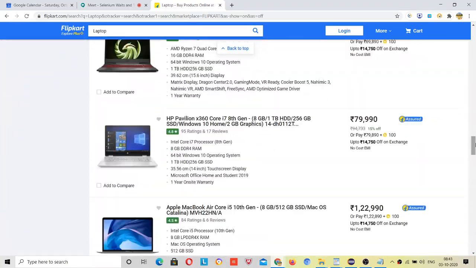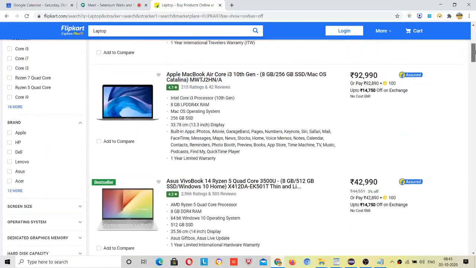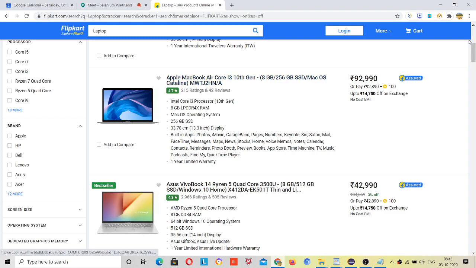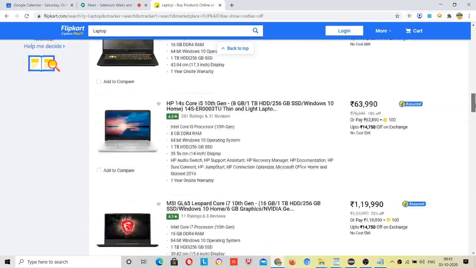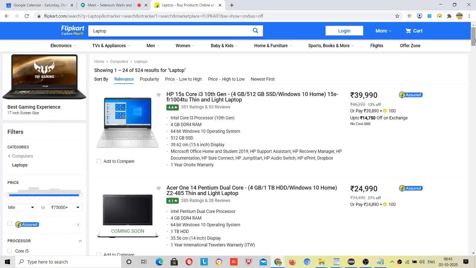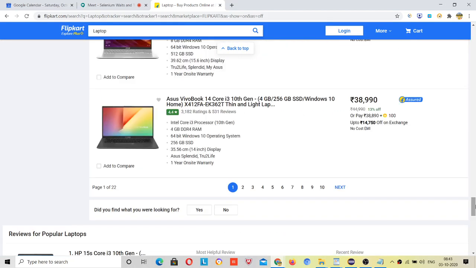I hope if you have practiced with calendars and HTML tables, then surely you will not face any problem getting all these headings and descriptions about the laptop. Suppose I say go to flipkart.com, search for laptop and give me all the results on page 1.